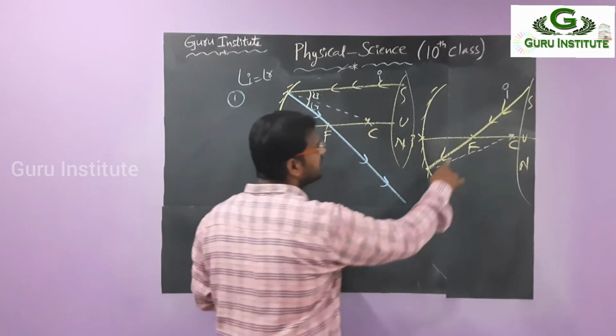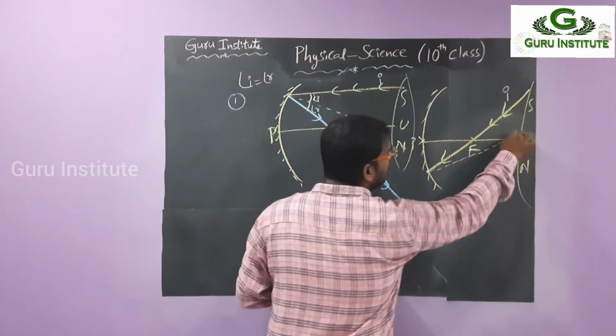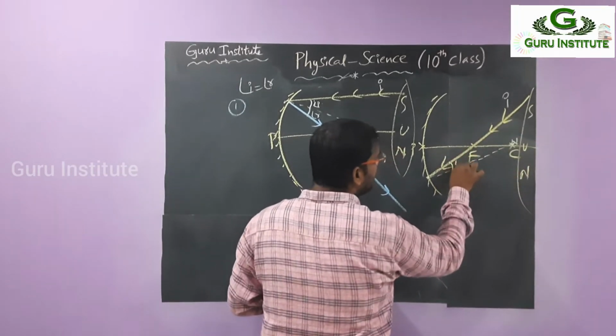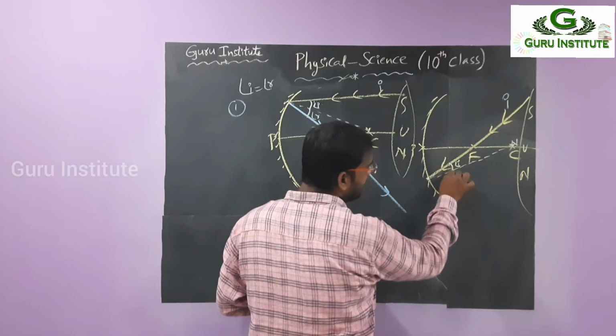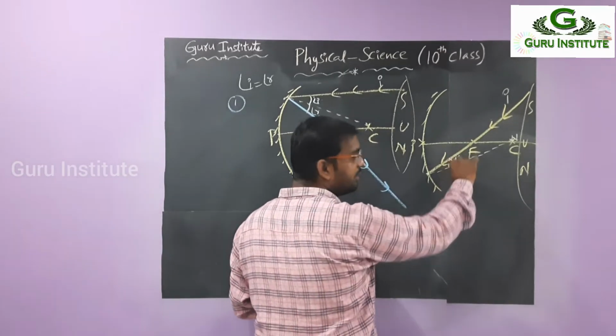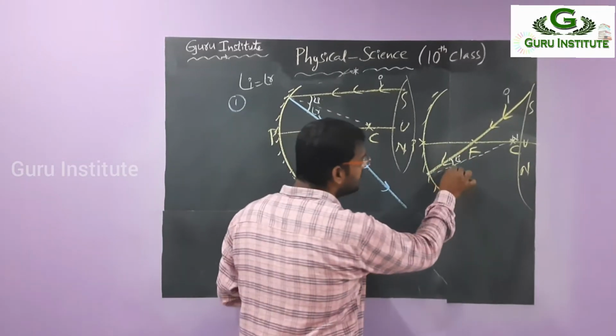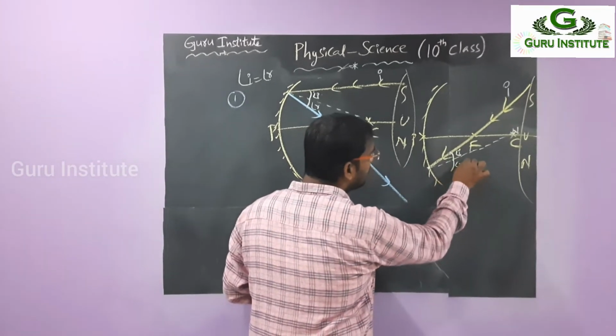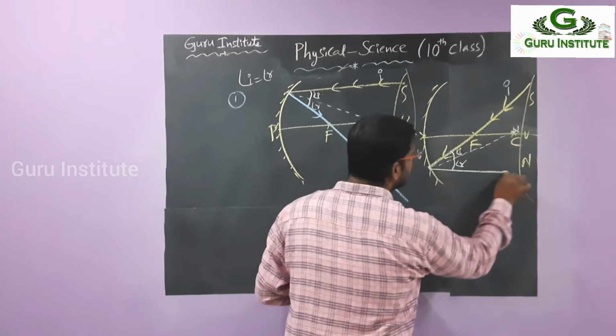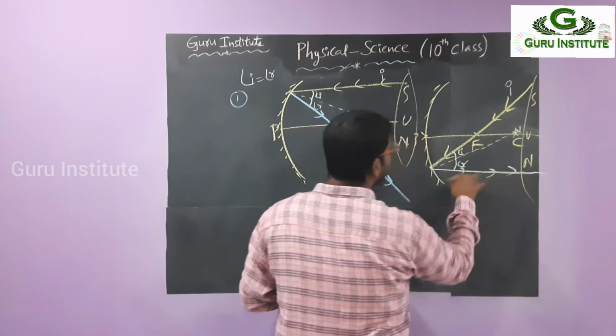Now we measure the angle between the incident ray and the normal. This is angle i. Again I am taking the same angle here, say if this is 30, I take 30, or 20 and 20, or 40 and 40. So I take the same angle r. Joining this, what do you get? What do you observe from this?